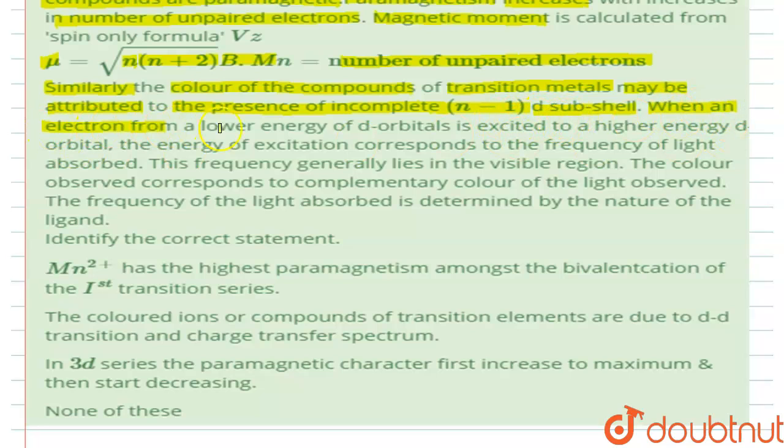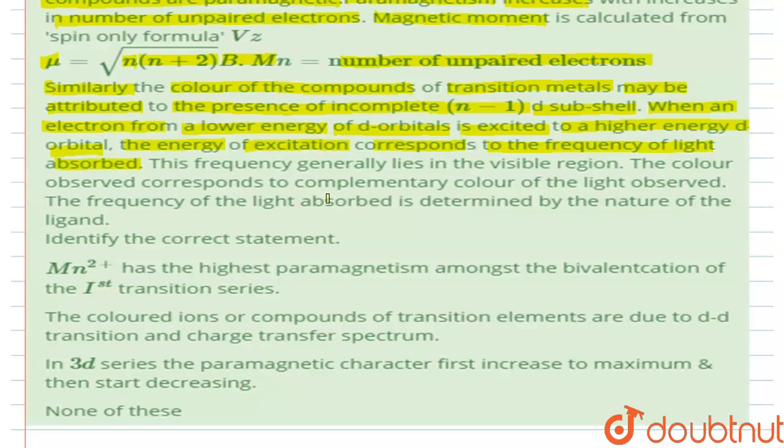Now, when an electron from a lower energy of d orbitals is excited to a higher energy in d orbitals, the energy of excitation corresponds to the frequency of light absorbed, right? So what happens is that when an electron is unpaired and is in d orbital, then on attack of a ligand, according to crystal field splitting theory, d orbital splits into two energy levels, right? There is a lower energy level that is called T2g, and there is a high energy level that is